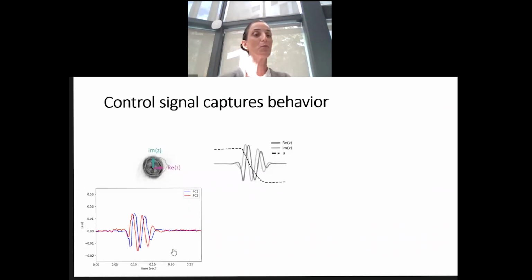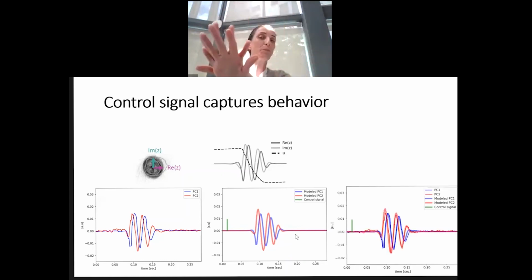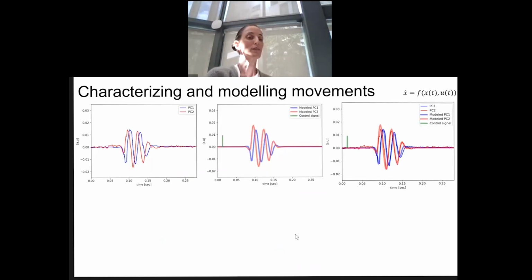And now I'm using the model. The model has a control signal that sends a pulse, and then there's this dynamic that is propagating, and this is generating this movement. When I put them both together, you can see that the model can fit quite well the behavior of the fish. So now, instead of explaining the movement of the fish with a lot of tail flicks, I have a series of delta functions that can explain the entire behavior.